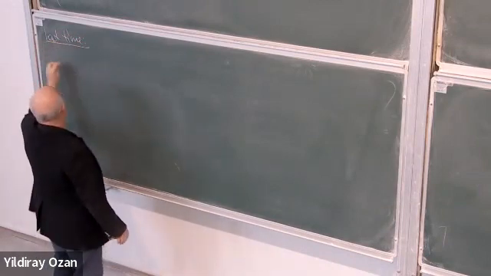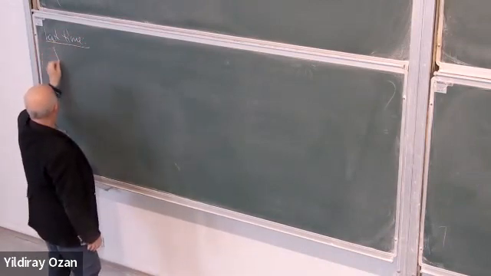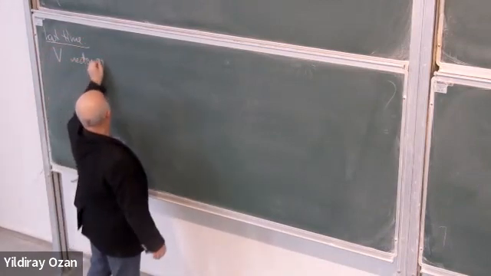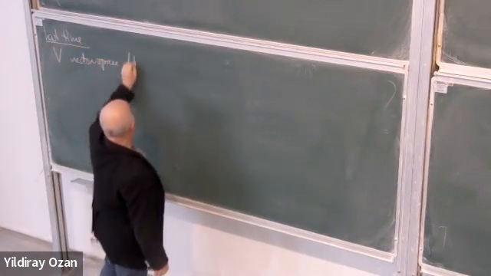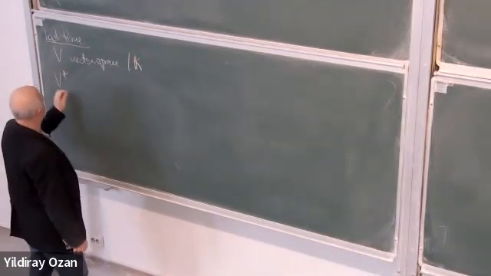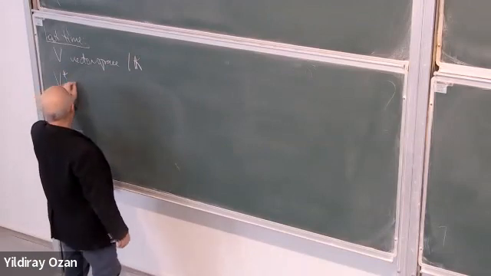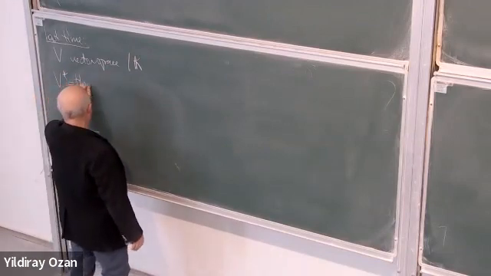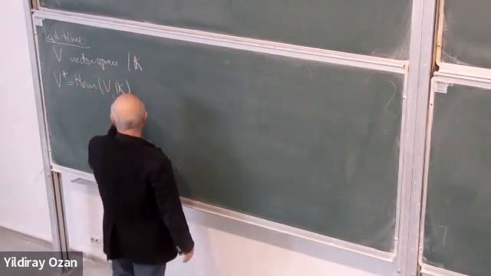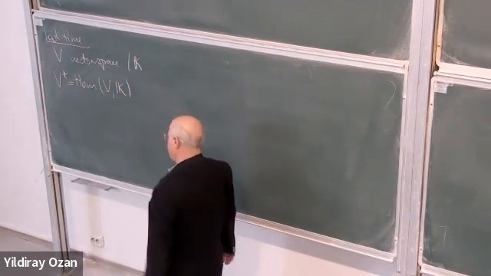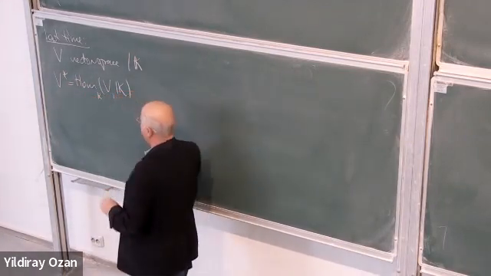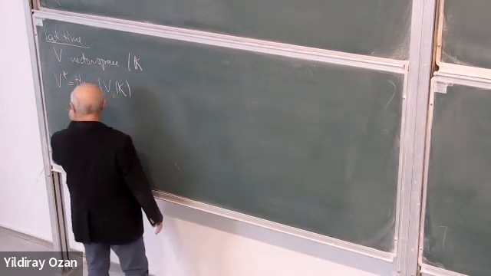We discussed the following. So this is a vector space over a field K. We define the dual vector space, which is just denoted V star, the homomorphisms from V to K. K-linear homomorphisms means that